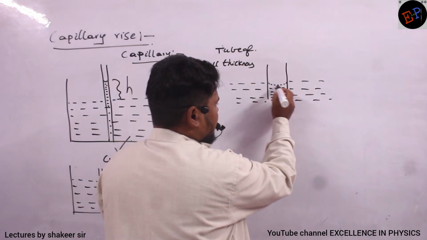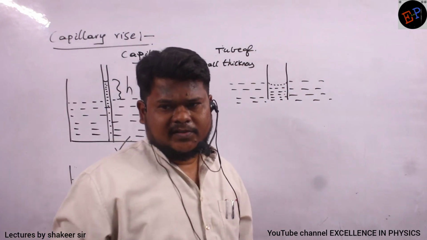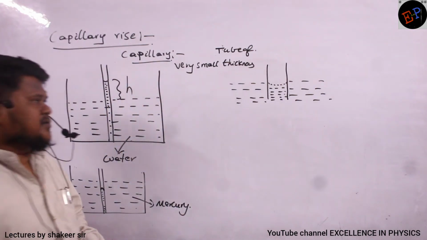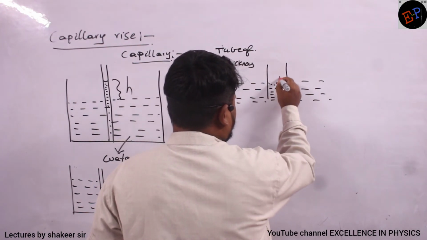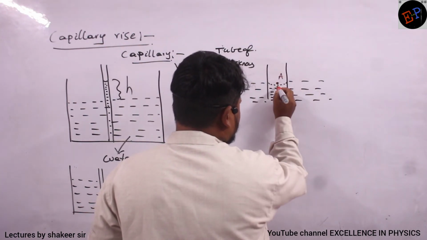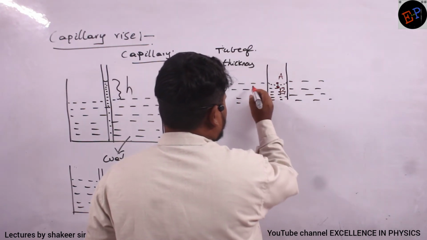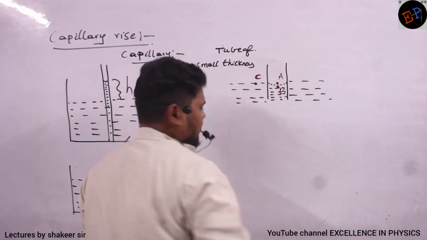Okay. So, for example, this is a magnified image of this capillary. And what is the shape of the liquid meniscus that will form? Water always forms a concave meniscus, no? Now what I do is, I will take 3 points. So this is point A. And exactly below that I will take point B. And here I will take a point C. So these are the 3 points which I am taking.